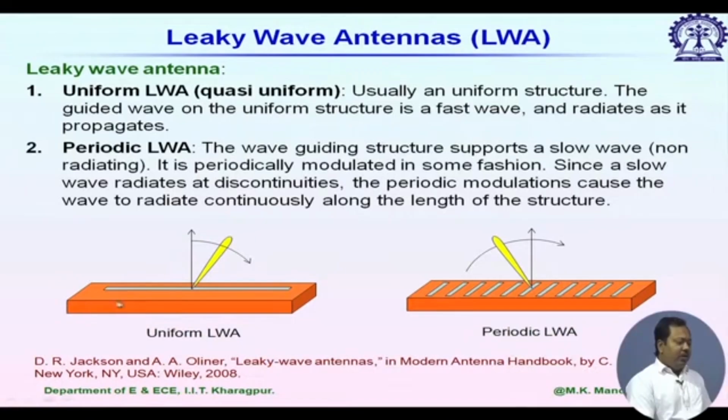You can see a rectangular waveguide where one longitudinal slot is placed on the top wall, and it is one example of uniform leaky wave antenna. It usually radiates along the length. So, we have leakage along the length, it comes out as radiation,